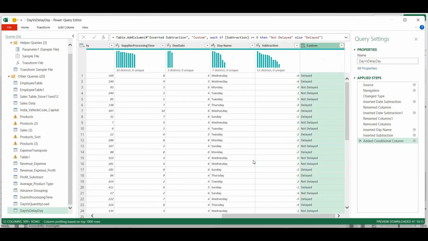So once I do that, a new custom column has been created. That is actually nothing but a conditional column, and this is telling us whether it has been delayed or not delayed. And this is very useful information because we are going to calculate based upon the day name. Let me give this column name as delay or not, hit enter,